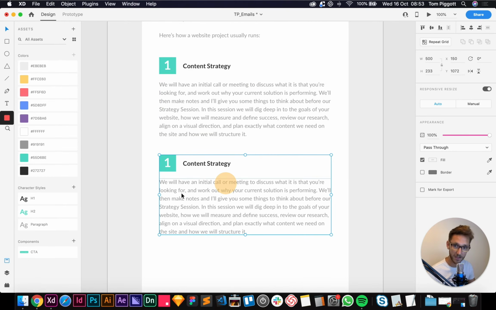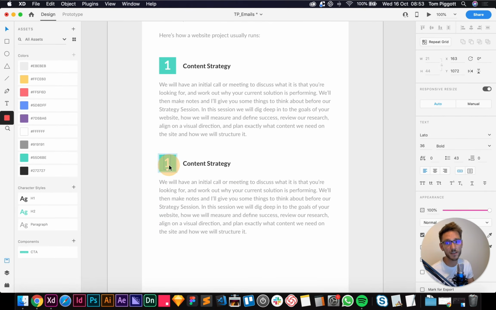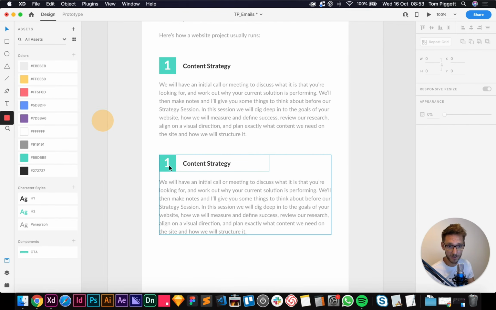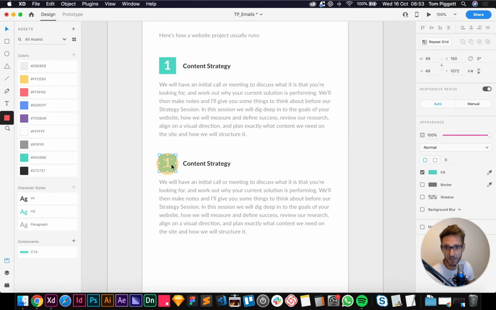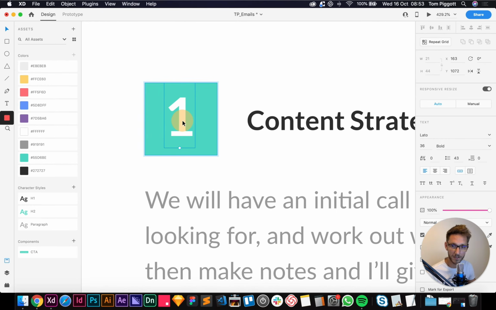And I can hold command. So at the moment this is a group, and to get into this one I could either ungroup everything, but that's a bit annoying. I could double click to go into that group, double click to go into that group, double click to then access the number, and then double click again to be able to edit that number. Or if you hold command, you just shoot straight through groups. So I can just hold command, double click in here, zoom in so we can see what we're doing. Hold command, I'm selected on there, I can press T. That's embarrassing, isn't it? There we go. Right, number 2, and we're good.